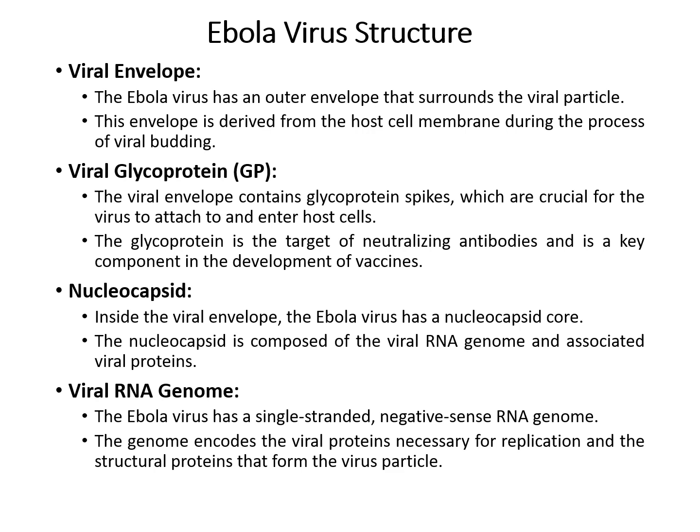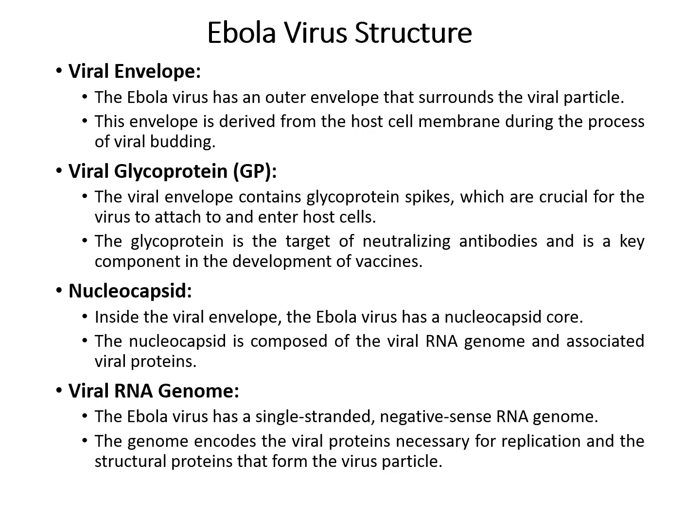The glycoprotein is the largest target of neutralizing antibodies and is a key component in the development of vaccines. Whenever we develop vaccines, or whenever our body produces combating machinery called antibodies, they target the virus by looking at these glycoproteins. These glycoproteins are highly specific. Ebola viral glycoprotein is specific to the Ebola virus; you cannot find it in any other virus of other categories. There may be other kinds of glycoproteins. So for us, one thing is that this glycoprotein is important. If we know clearly about it, we can develop techniques to manage this virus.